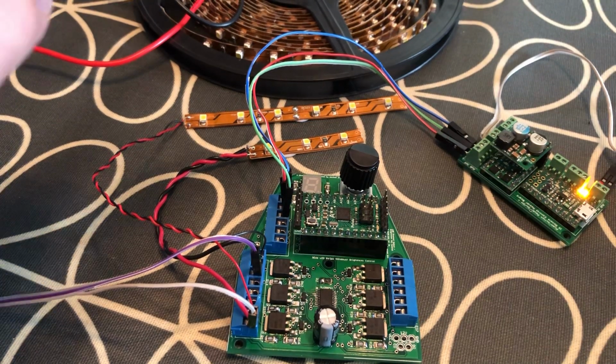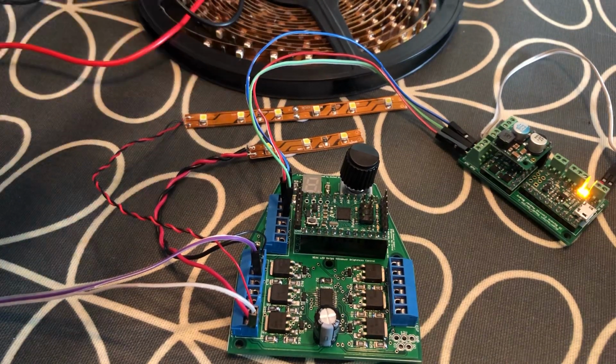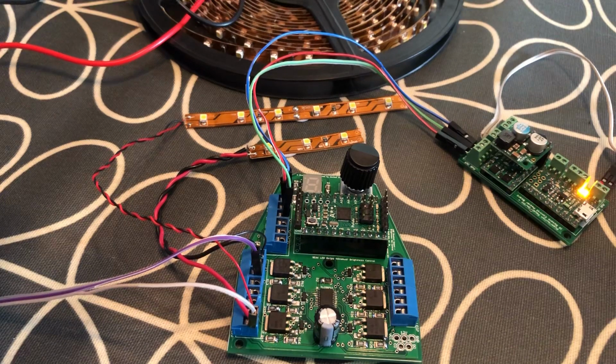If you use these 12 volt LED strips, there's a roll of it here, but individual strips here, quite often the windows end up being way too bright. Especially in the Enterprise, where you've got the neck, which is a very narrow space, and you've got some tape in there, and then in the saucer and the secondary hull, it's hard to balance them